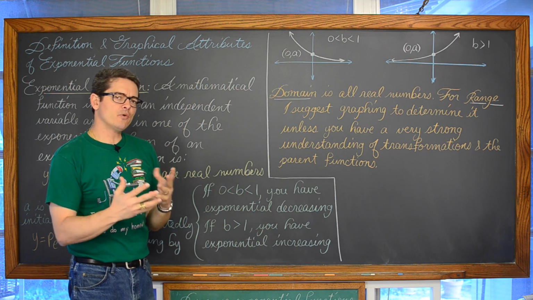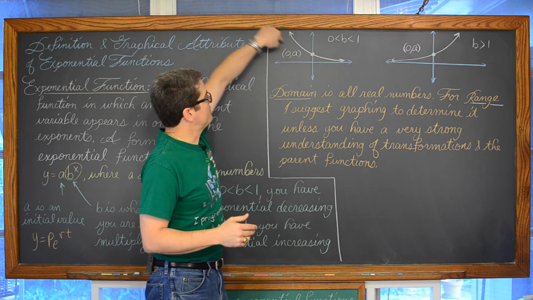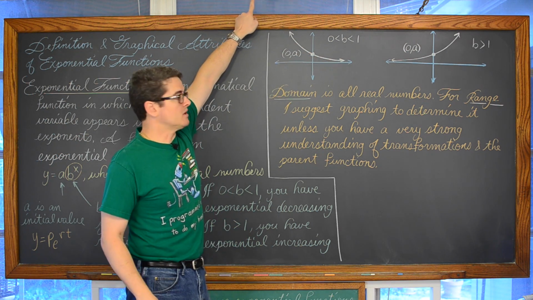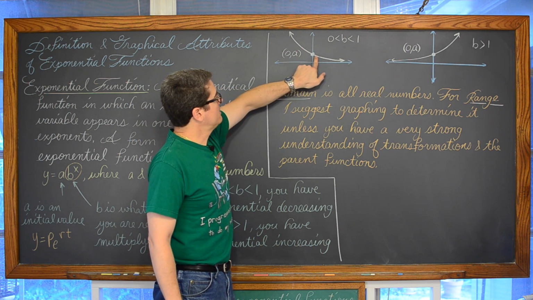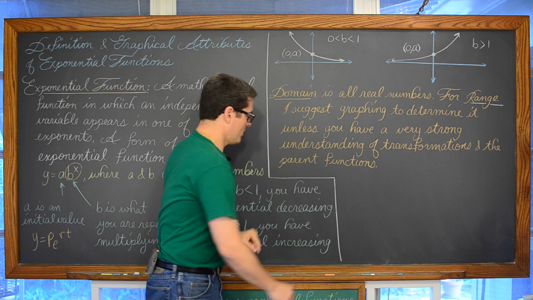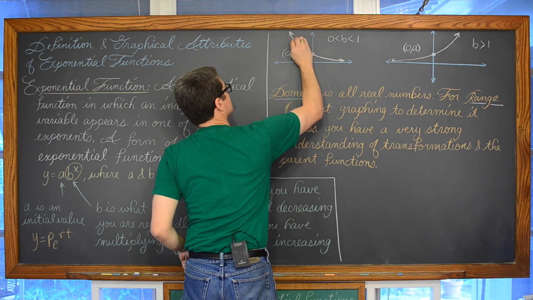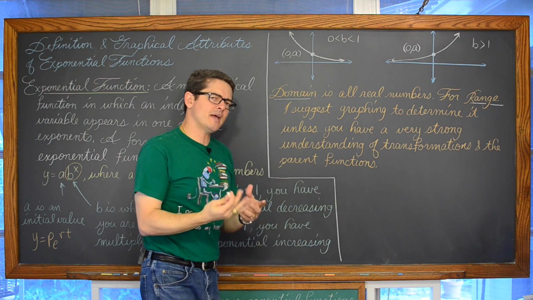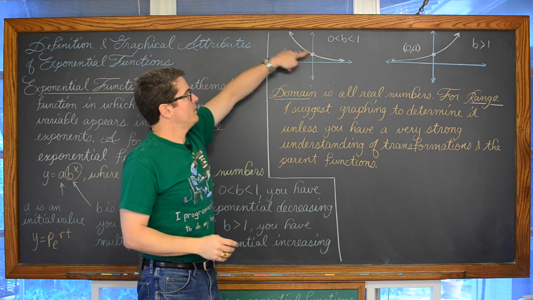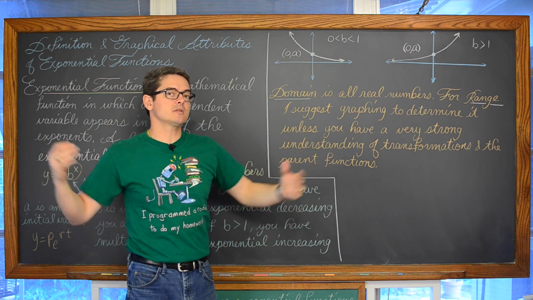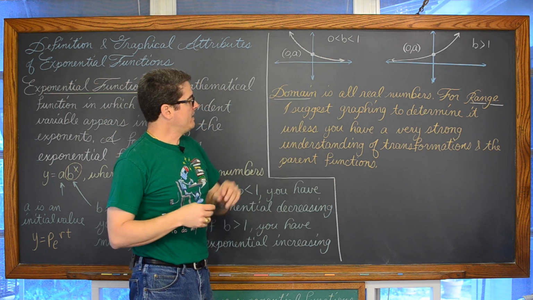Okay, now for exponential functions, the domain is going to be all real numbers. As you see this graph, it's rising up to the left and going to the right, and there are no breaks in this graph. So if I look at every single individual point that makes up this graph, and there's an infinite number of them, each of those points has some different x value, right? So what x values are included through each of the individual points that make up this entire graph? Well, that's going to be all real numbers, because it goes left and right forever. For the range,